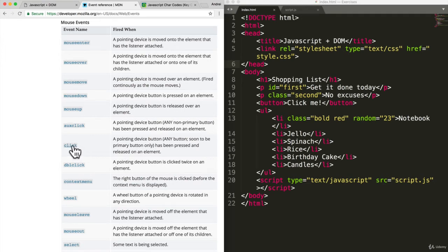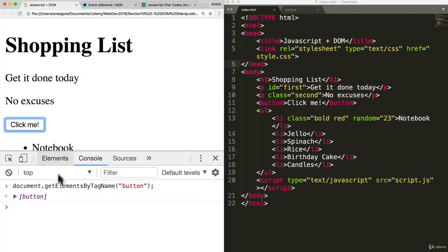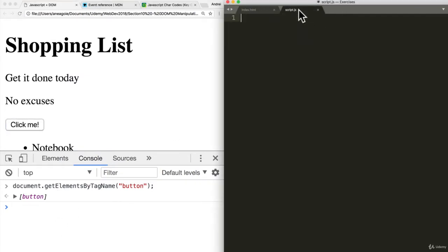So if we look over here, we have a click. So we can listen for a click. How can we do that? Well, in my script file, I'm going to say, let's call it button equals document.getElementsByTagName, and we'll select the button. Now that we have the reference to the button, I can now say